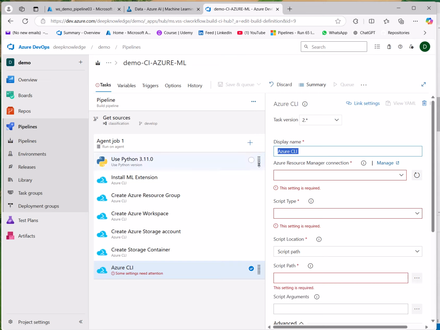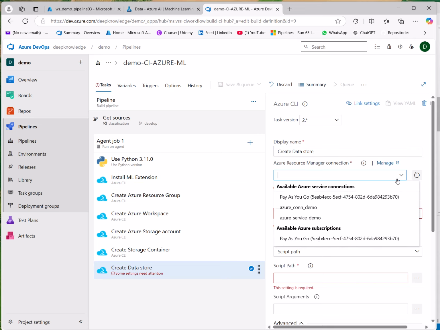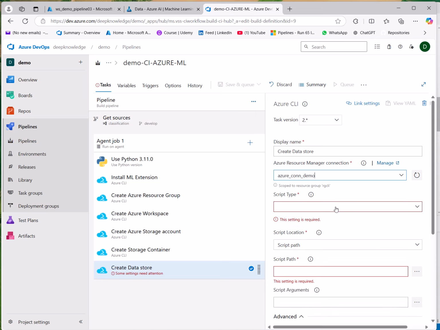This could be create data store, and the connection has to be the same as in all of these Azure CLI tasks.